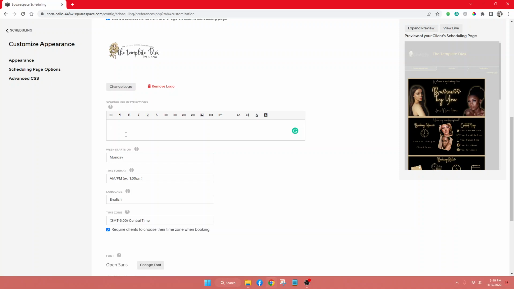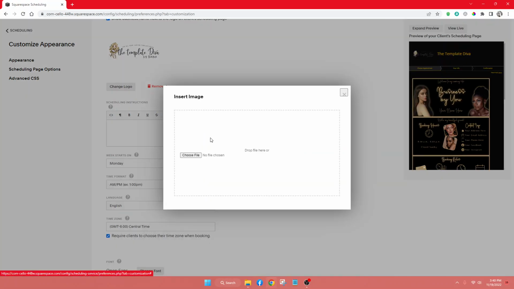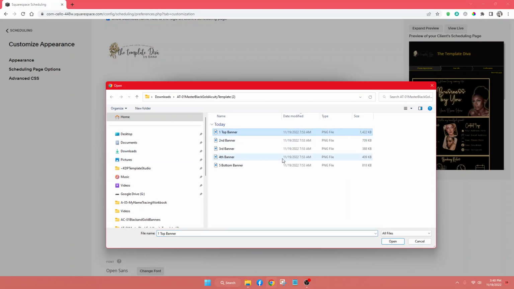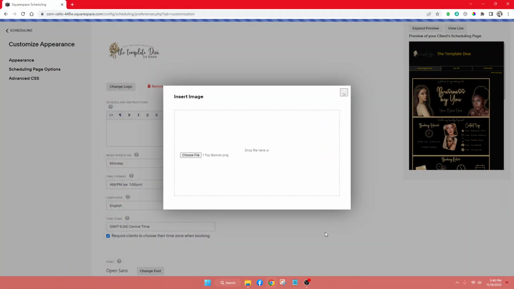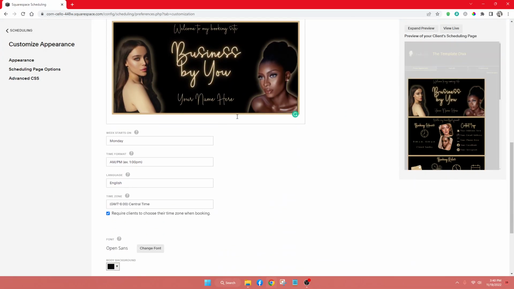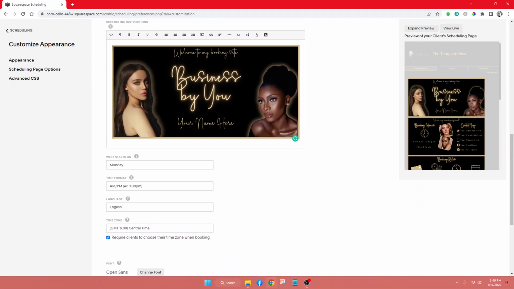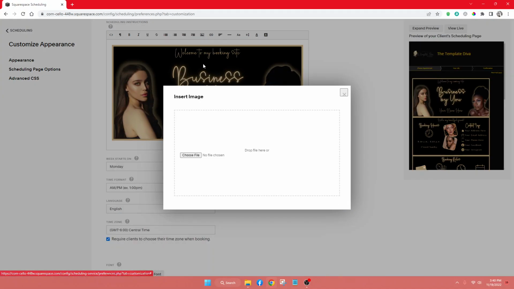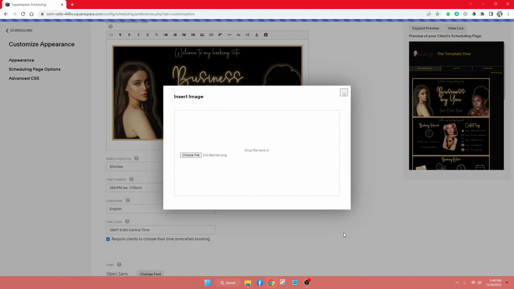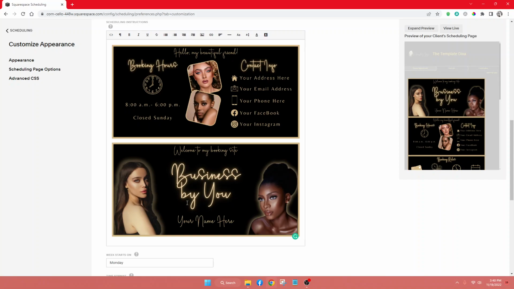And what I mean by that, if you notice how my mouse is in there clicking on the left, if you watch, I'll go in here and choose my file, choose my banner. I would grab my top banner, I would click and open it, and it's going to drop it in there. And then I would scroll down a little bit and I would click it again. Notice how that line's blinking back there? That's my mouse. So I would go up here and grab my next banner, grab it, open it, and it's going to drop it in there, but it would drop it right on top of my first banner.